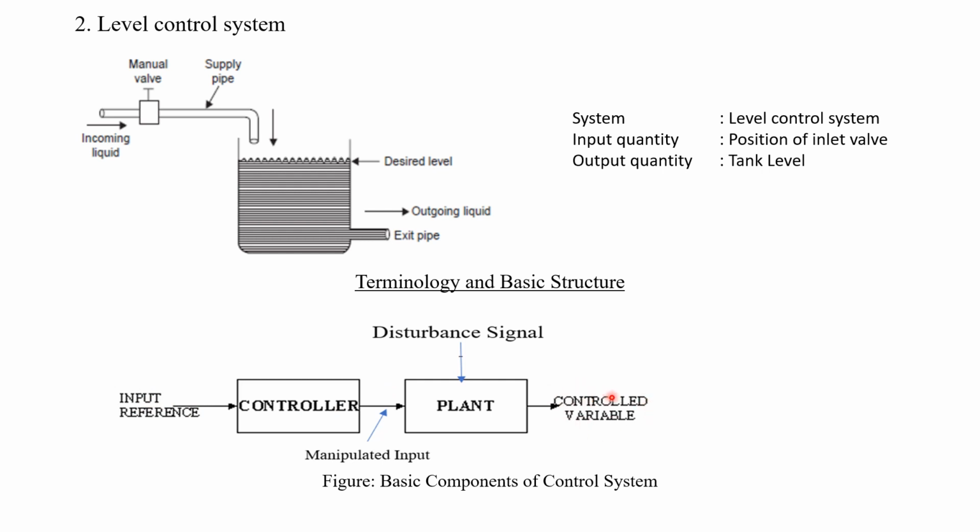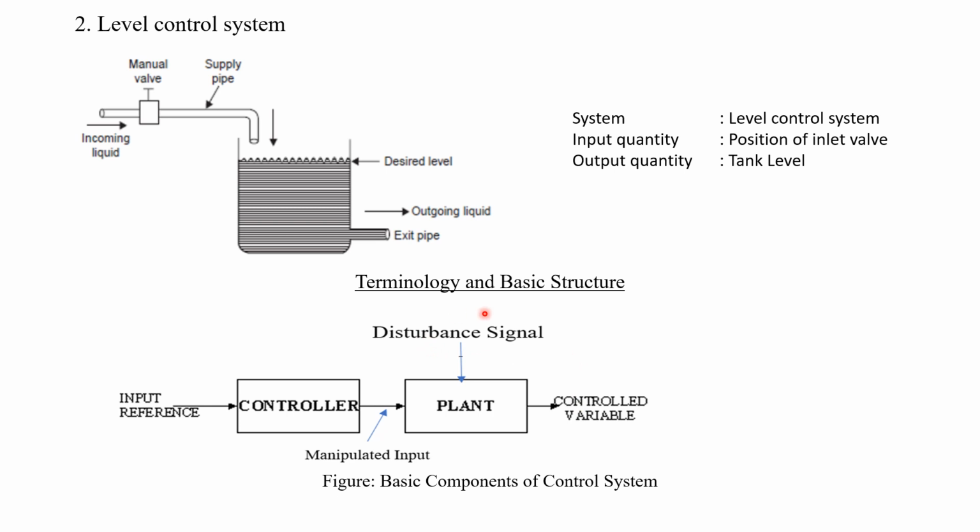Then the controlled variable, that is the output variable, which is the actual output measured from the control system. For example, if you want to maintain the tank level at 100 meter, due to disturbances it may decrease to 99 meter. So the level we are observing from the system will be 99 meter. That will be the controlled variable. The reference input is the output we are expecting from the system, and the controlled variable is the current output of the system. What output we are getting from the system is the controlled variable.